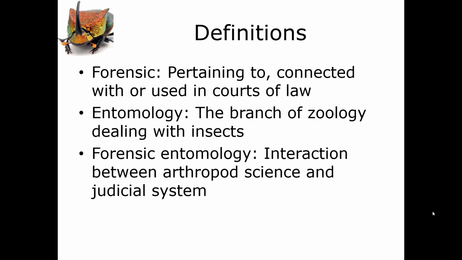So when we talk about forensic science, we're using science in a court of law. We're using science for our argument. So as you well know, or I hope you do by now, any science can be a forensic science, including entomology. So entomology is a science. It is the branch of zoology. So it's a subset of learning about animals that deals with insects and closely related arthropods. So a little while later, I'll get into all of the analysis, say, of the insects and whatnot. But entomology is simply the study of bugs, the study of insects and things that are closely related.